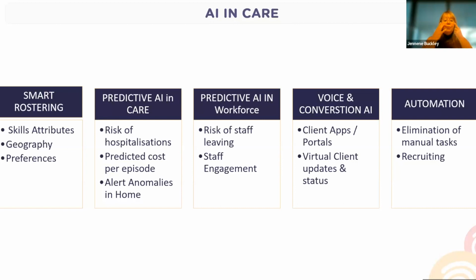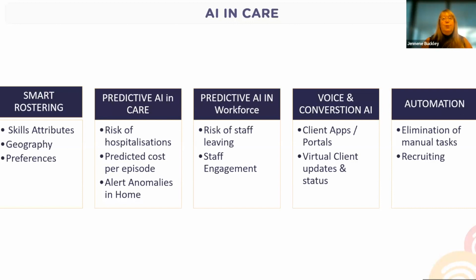it comes to pricing. Predictive AI in a number of different areas: the ability to use our data to provide predictions to home care providers on particular clients' risk for hospitalisation or rehospitalisation or falls, the ability to provide an idea of the cost of that particular episode of care through all the data that's been collected, as well as, particularly in the home, if you have the sensors, to start to map the routines of a particular person's home and to alert the home care provider when there are anomalies in the home care setting, whether that is the fact that, for example, a person has been going to the bathroom more frequently that day than they generally do.